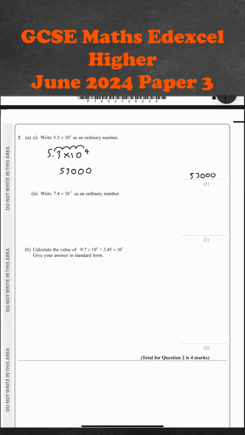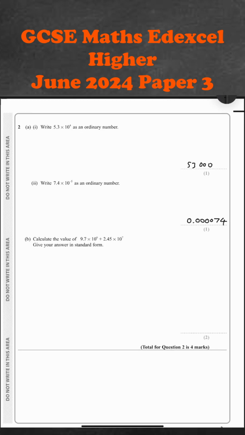In the same way, we're going to move the decimal point 5 times the other direction. So we're going to have 0.000074. So to check, the decimal point was here at the start. We've moved it 1, 2, 3, 4, 5 places, which is what we want from the 10 to the minus 5. And part B, calculate the value of 9.7 times 10 to the 6 plus 2.45 times 10 to the